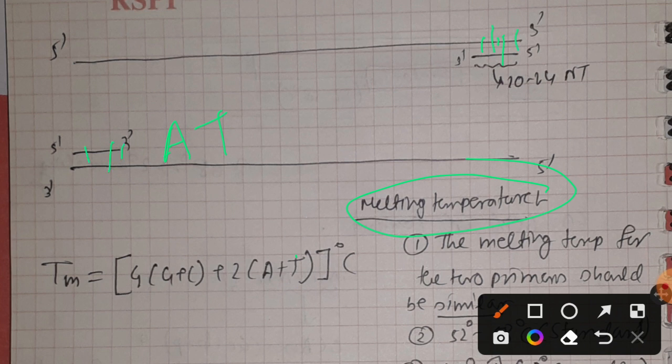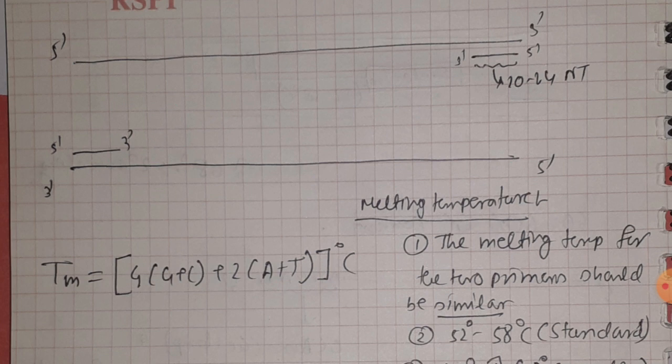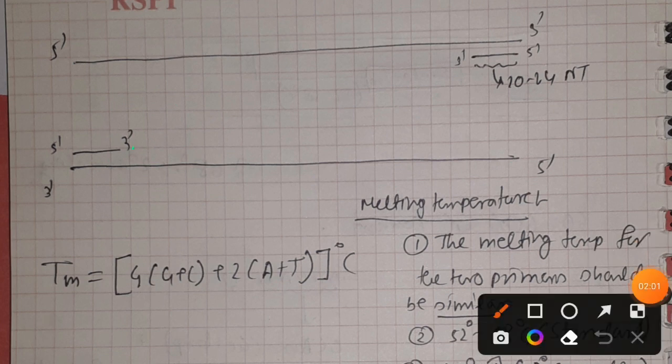Okay, and now this annealing temperature is related to the melting temperature. Okay, how? First of all, the melting temperature will decide at what temperature the primer will anneal to the template